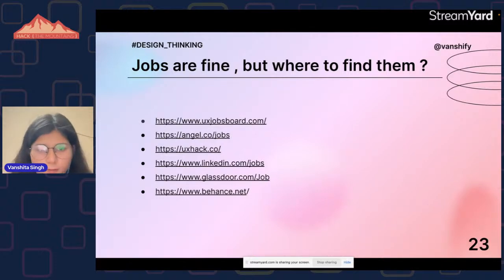LinkedIn, of course, has multiple job openings. It's the best app, web app, and mobile app to find any job. On Glassdoor you can also see the reviews and apply for the job. And Behance is a proper designer platform where you can present your portfolio.